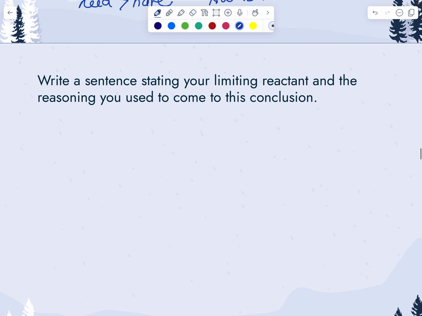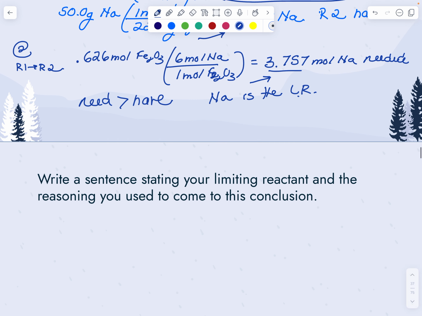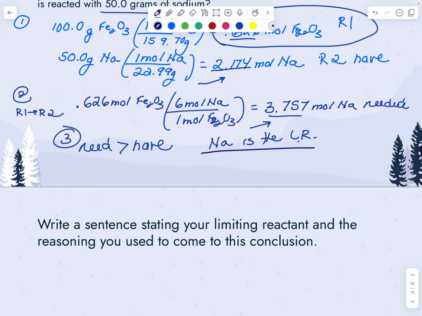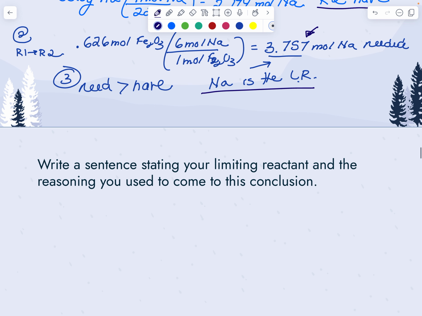So, we need to answer the question first. The third step, right, is figuring out the kind of logic to it. And then finally, we're actually going to answer the question. The question said, what mass of solid iron? So now that I know that sodium is the limiting reactant, I'm going to start with the amount of sodium that I have. I'm not going to start with this. I'm going to start with the amount that I have, which is that